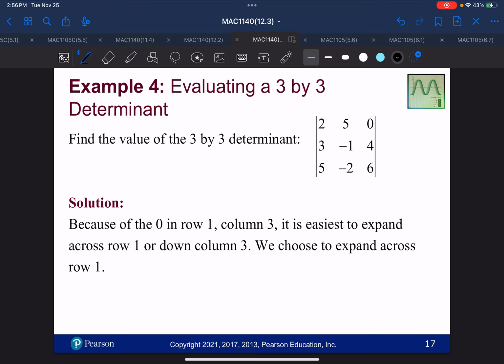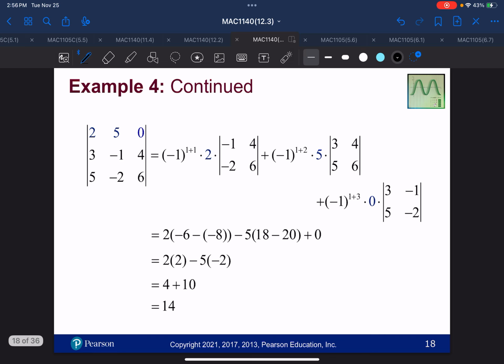So let's do this example here. We're going to find the determinant of this 3x3 matrix. So they are choosing to use the first row. So this entry 2 here is entry A sub 1,1, because it's in row 1, column 1. So for the cofactor,